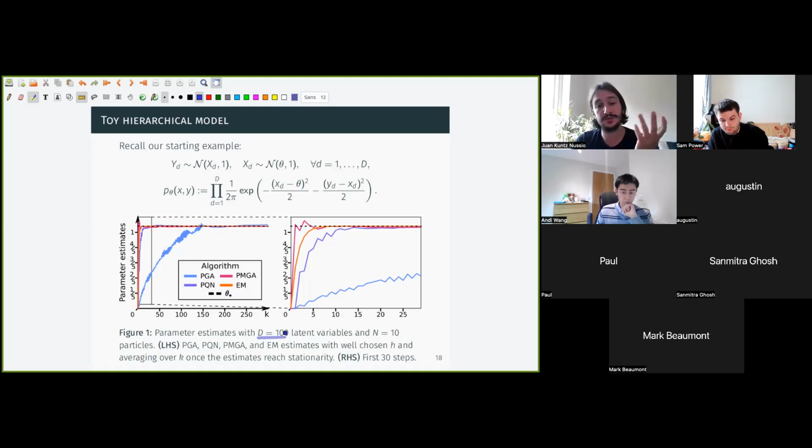And just to give you guys an idea, I was using 100 latent variables here. So the latent space is 100 dimensional. I was just using 10 particles when I was running PGA. And PGA looks like this. It's this blue line. You have this kind of transient. And once you reach around the optimum, then it starts to hover around it in a way that if I average over time, like I'm doing starting from here, you get something very close to it. When you compare with EM, however, you see that EM goes way faster, right? EM converges in around 5 steps, while it took PGA here around 150 steps to converge.